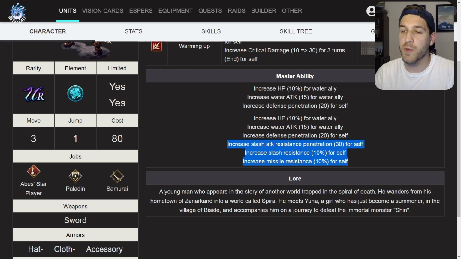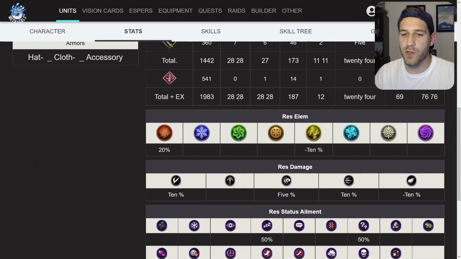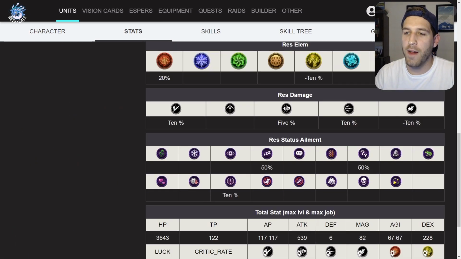We can see right here there's 3 upgrades. He has 10% to both slash and missile resist. That's going to put him at 20% total for both values, which is a very good place to be. And then he gets that slash resist penetration 30% innately. Very, very strong. So with these resistances, so 20 slash, 20 missile, that puts him in a good spot against